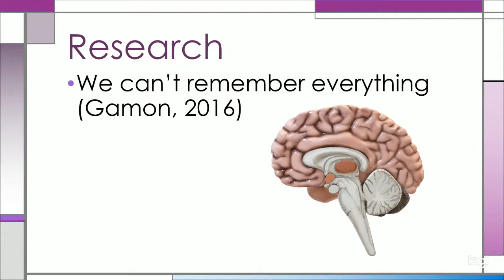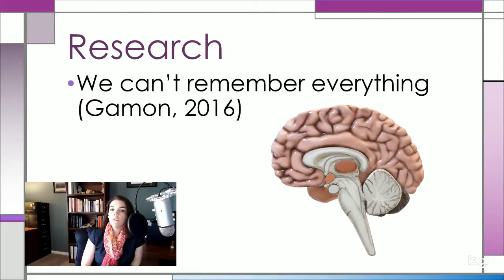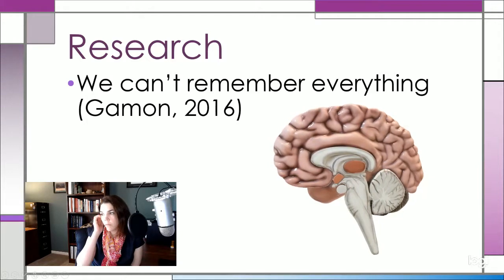So to understand how to improve your vocabulary, let's talk just a little bit about research into the brain. Obviously, you can't remember everything, and there's a very important evolutionary reason for that. Let's just talk about the brain in general right now. So here's a model of the brain. We'll give it a spin.